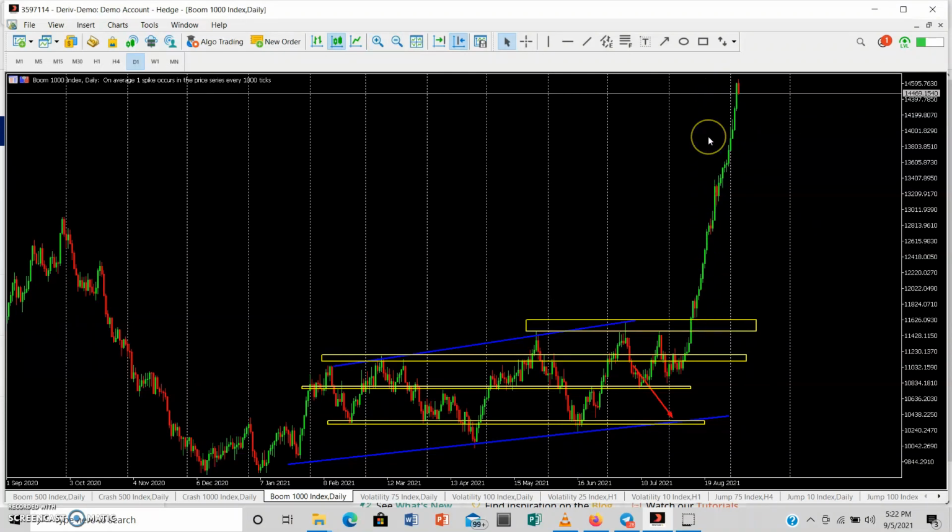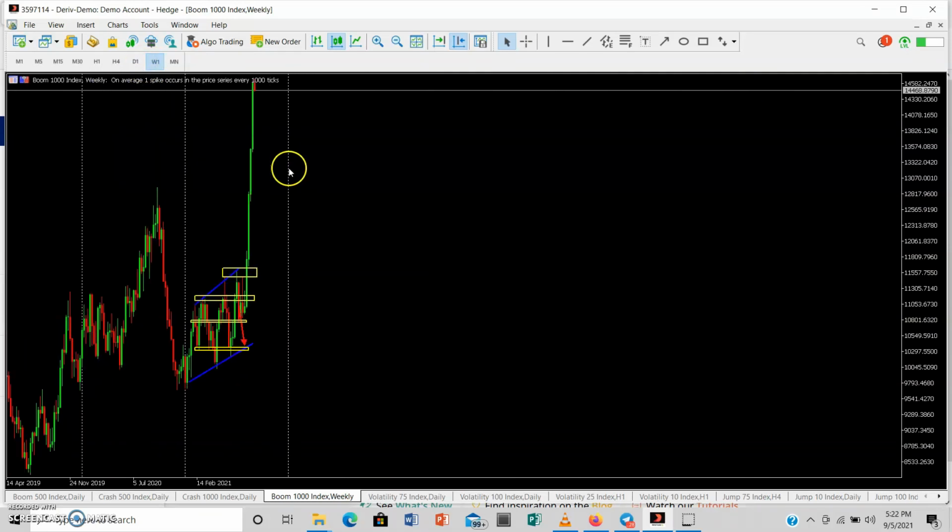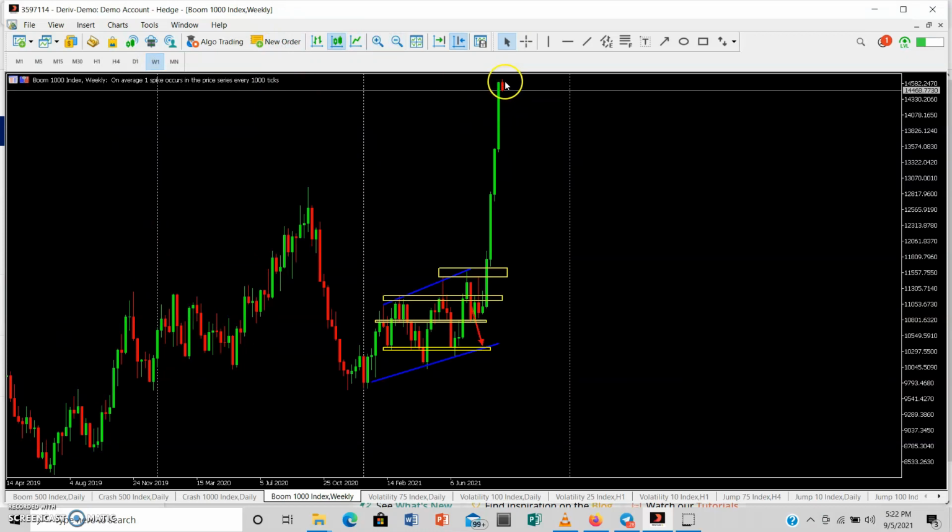As you can see, the way it was moving up, we had a few bearish candlesticks. The red ones were 1, 2, 3, and this is the fourth one, and price was just going up and up and up. So currently there is no market structure from something like this, but going to the weekly time frame, we can already start to see that we are now bearish.